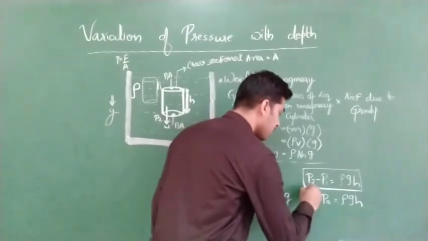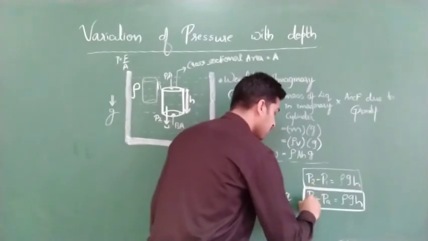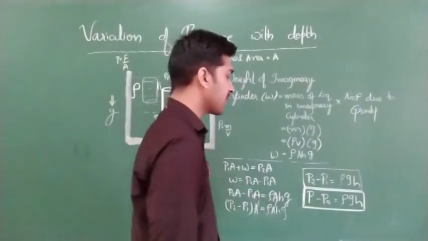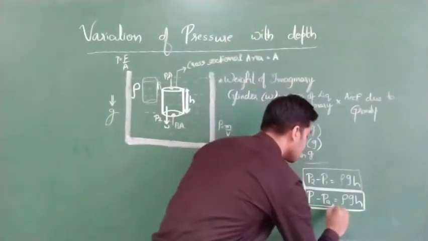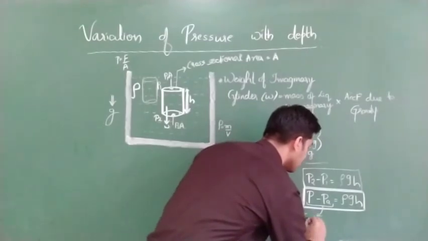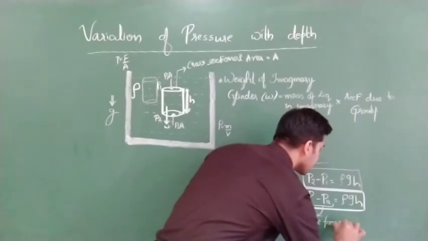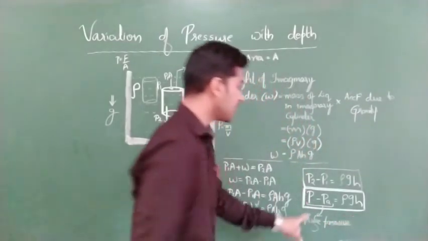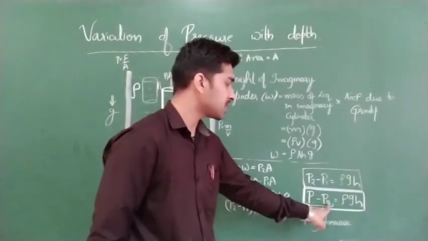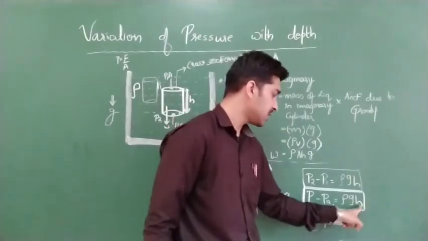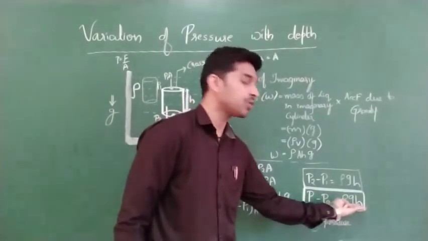This is also a very important formula. If we want the pressure difference, then P minus PA is known as gauge pressure, G-A-U-G-E. So the actual pressure at depth H minus atmospheric pressure gives rho GH. P minus PA is known as gauge pressure, and its value is rho GH.